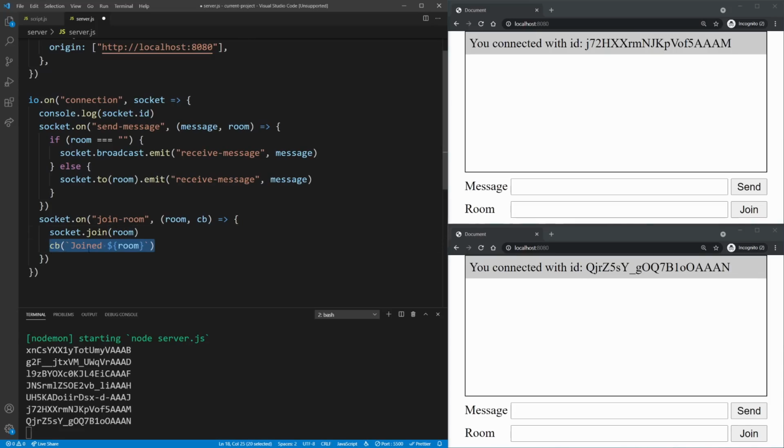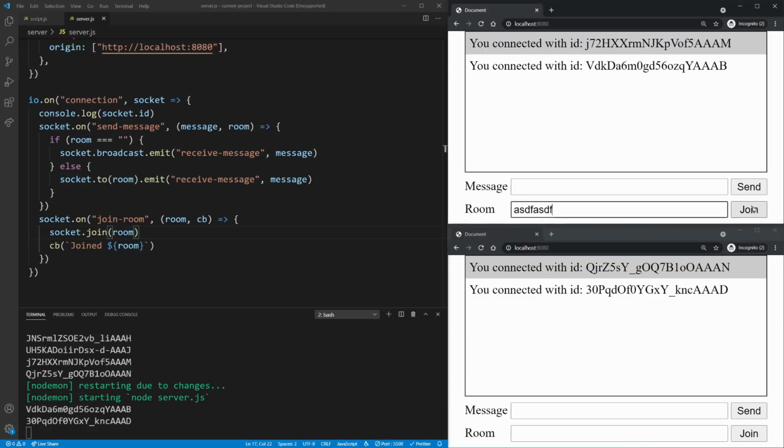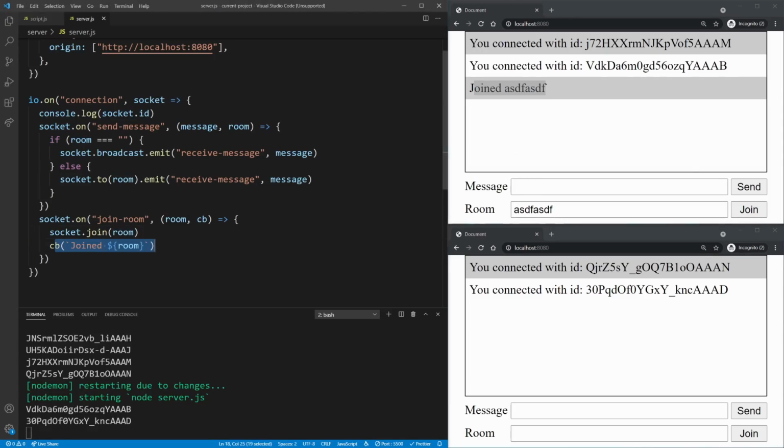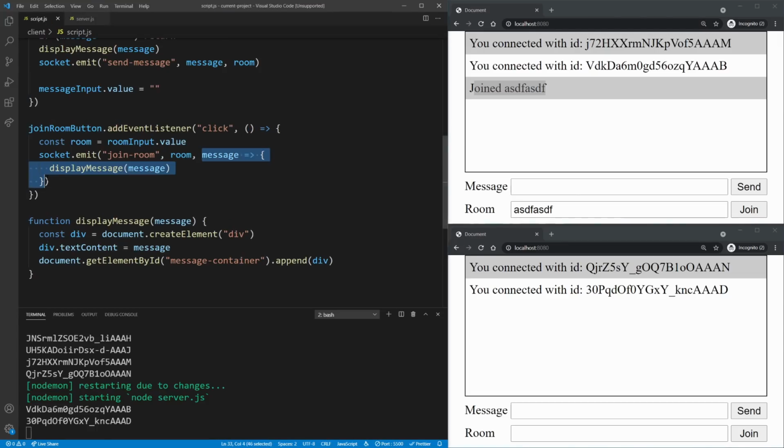And so we're saying, okay, we're calling that function and we're passing it down this message. So now when I type in a room here and click join, it gives us back that joined with the name here. So it's calling the callback with this string and passing it down to this callback right here. This is a really cool thing inside of Socket.io because if you just want to do something and then tell